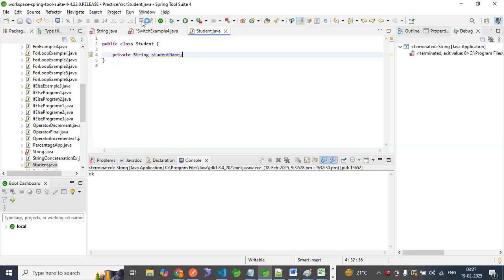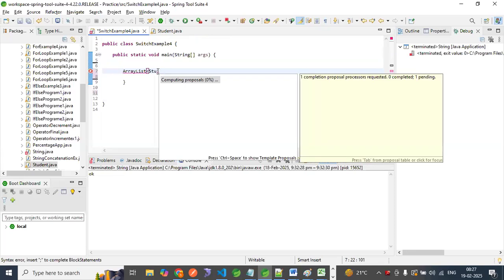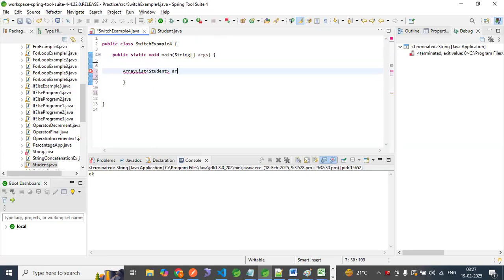Now saving this, I am having this switch class. Now try to observe. I want to create an array list, but I should know what type I want to create, right? So how can I give it? ArrayList<Student> list = new ArrayList<Student>();